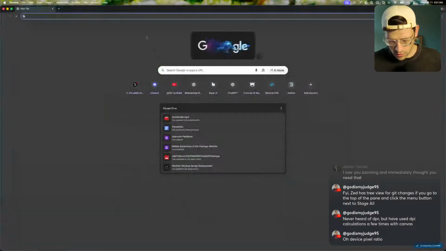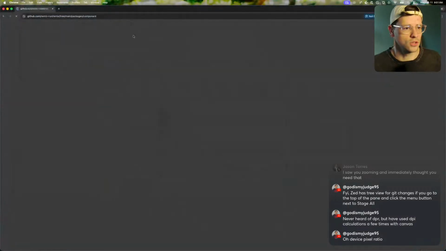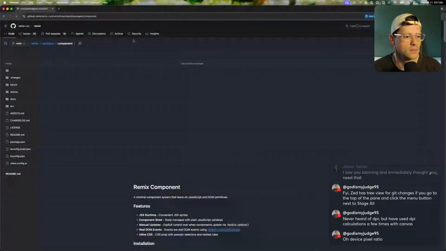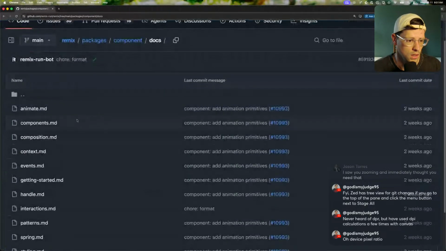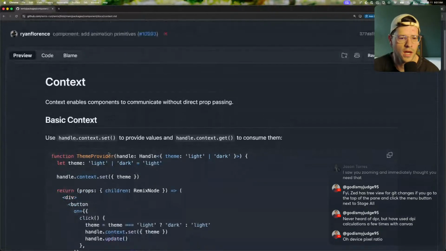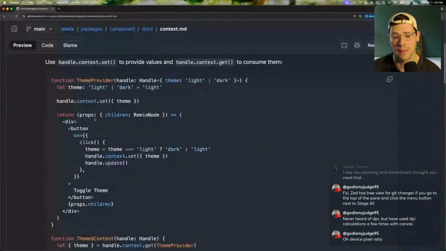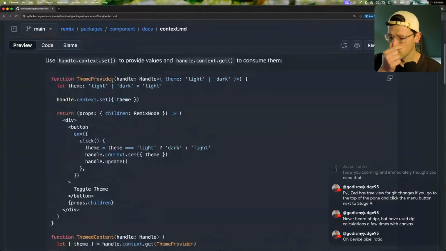All right. Let's go to the Remix docs. And I'll show you what I'm talking about here. All right, in the docs, when you're working with context, the way context works is that in some parent component, every Remix component,